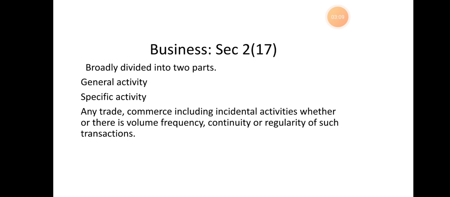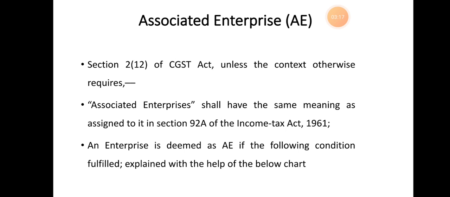Specific activity here is anything that is acquisition of goods, including capital goods, that is supplied by associations, clubs, admission of persons to a premises, and services by race clubs, etc. That we can take as a specific activity. In general activity, as I told, any trade, commerce, manufacturing, profession, occasional, adventure, wages, or any other similar activity,